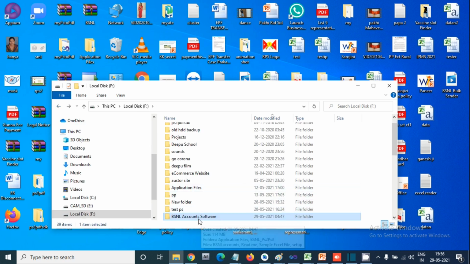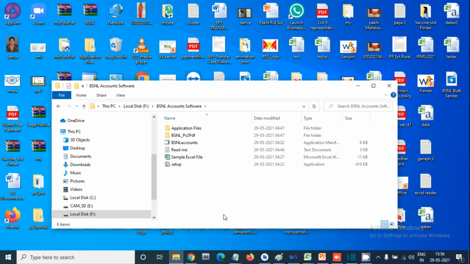First of all, here you can see the zip file I have given to you. When you unzip it, you will get the BSNL account software folder. If I click there, you will get several items.